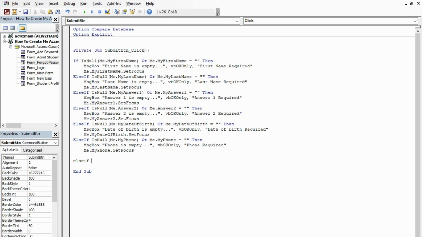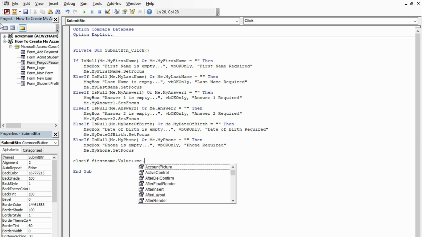So else if first name, this first name is referring to the first name in the user table. The first name dot value is not equal to my first name. You can just bring them in order to minimize mistakes. It's not equal to me dot my first name, or